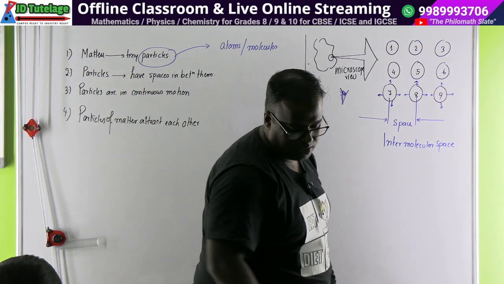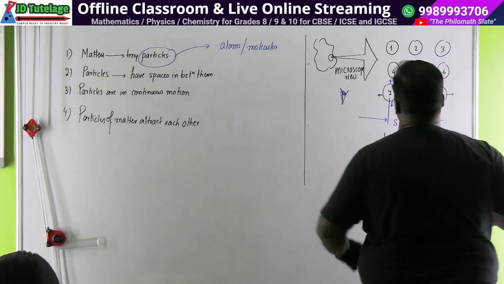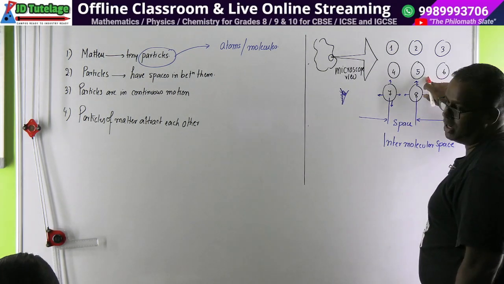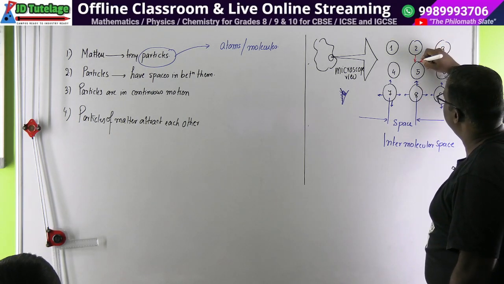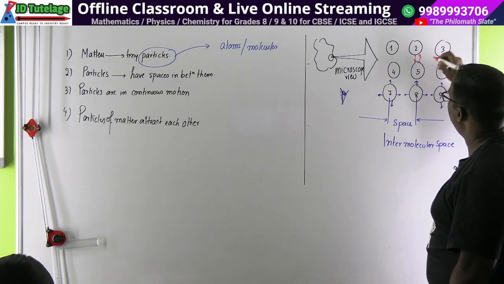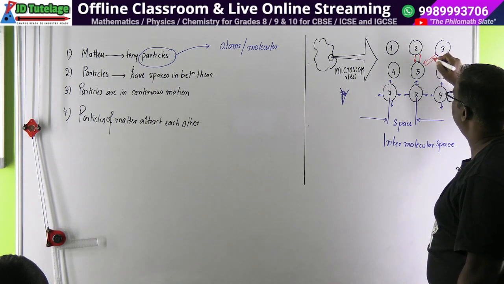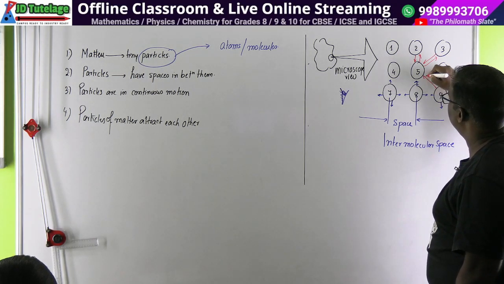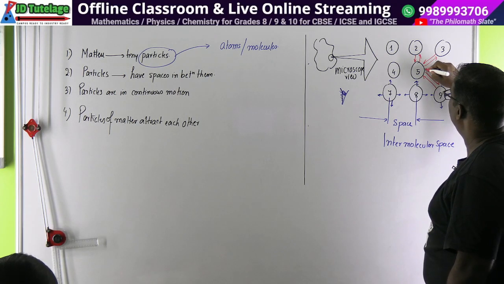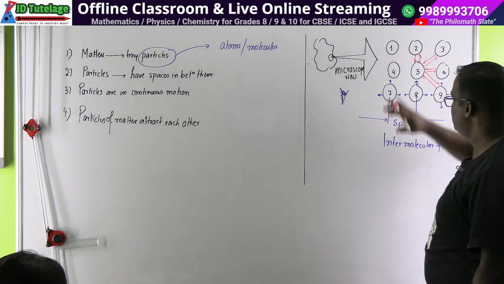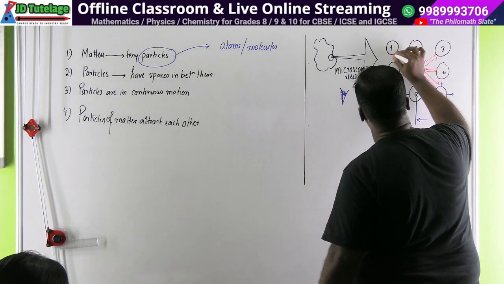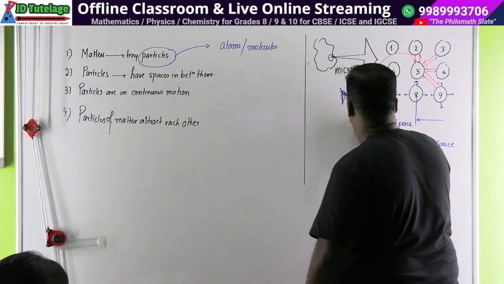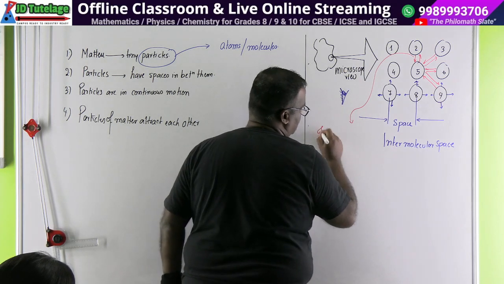So let's show that illustration, how the particles of matter attract each other. I'm taking particle number 5 just for understanding. 5 will be attracted towards it, and it will also attract. 5 will get attracted towards 3, which will also attract. 5 will get attracted towards 9, which will also attract. Are you understanding? This will happen across all particles. When we study the kinetic theory of matter, we will call this